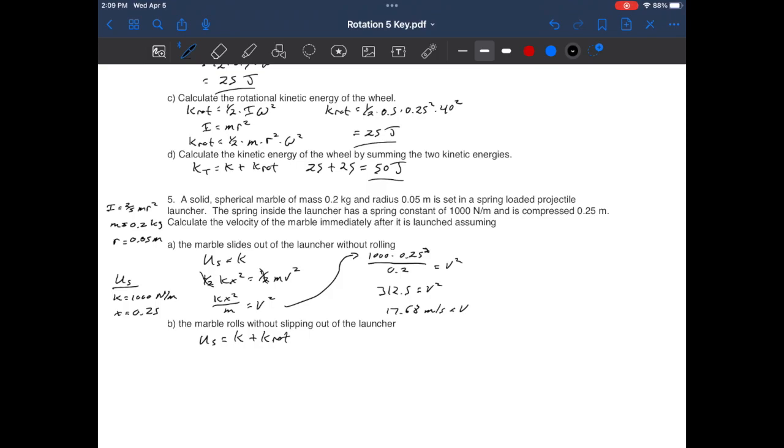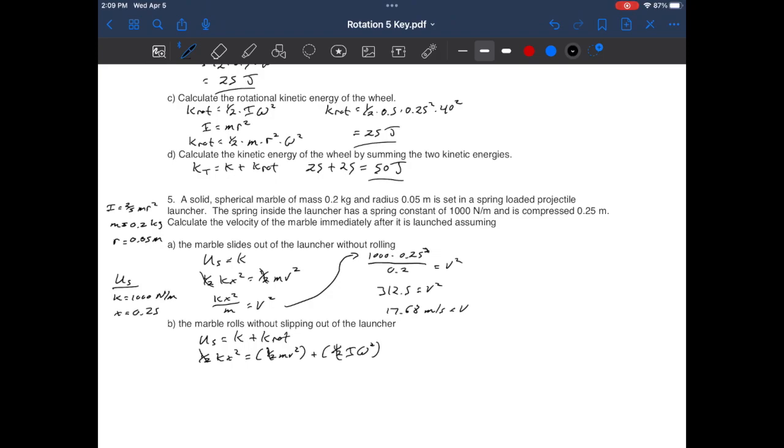So it's rolling, it's not slipping. Nothing we're going to do, I think, is going to slip. So now our initial potential energy from the spring is equal to K plus K rod. 1/2 kx squared is equal to K, which is 1/2 mv squared. K rod is 1/2 I omega squared. This is a solid sphere, so we're going to have 1/2 kx squared is equal to 1/2 mv squared plus